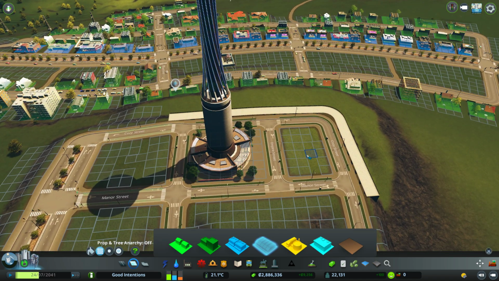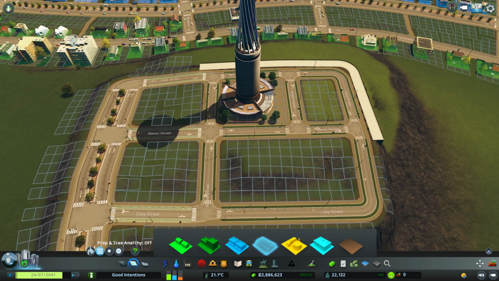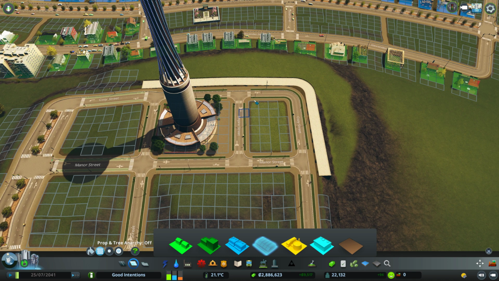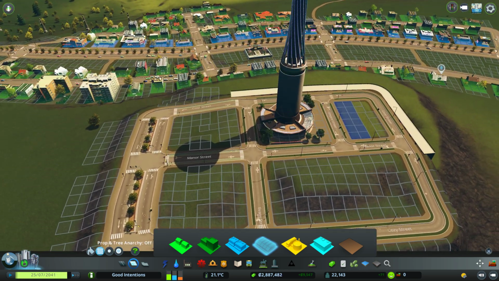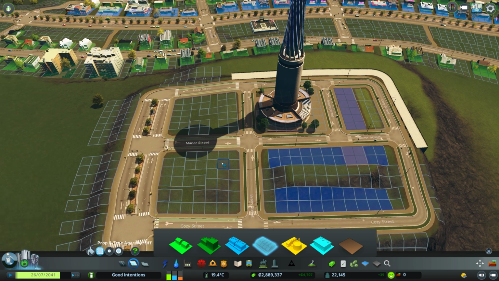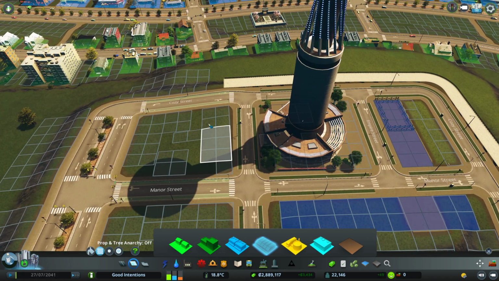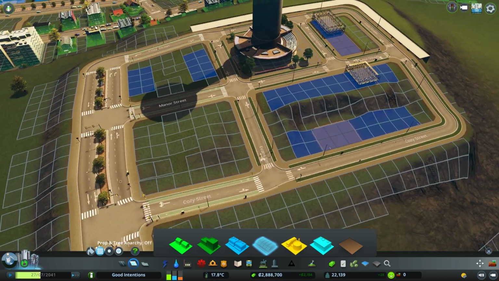And B, we're not going to be able to put many big things in here because a lot of these locations that we have to work with are, well, you can see for yourself, they're kind of uneven. So we will settle for strips. We'll do one here, and we'll do one here,